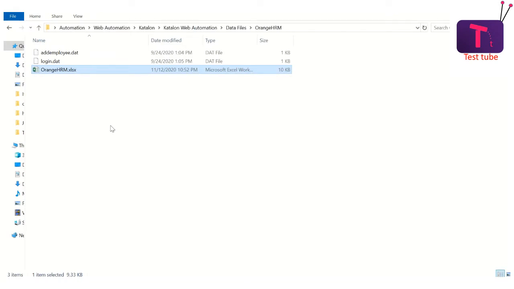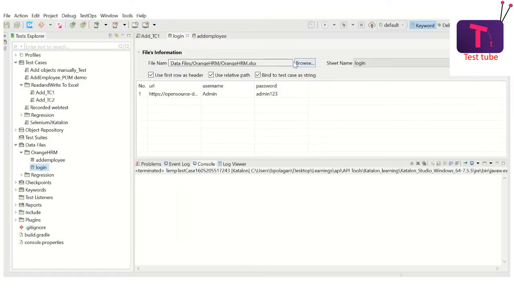So you are maintaining the data in orangehrm.xlsx. You have to browse to that folder and attach that particular Excel sheet, and from there you select the particular sheet in that Excel workbook which you want to map to this particular runtime table in Katalon.